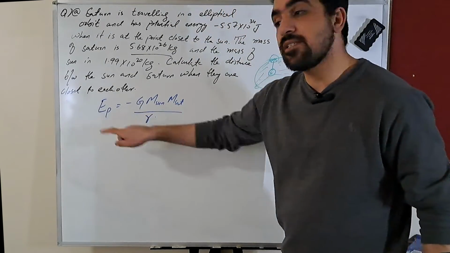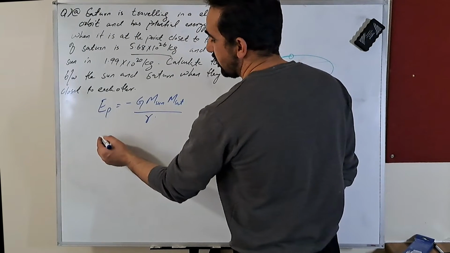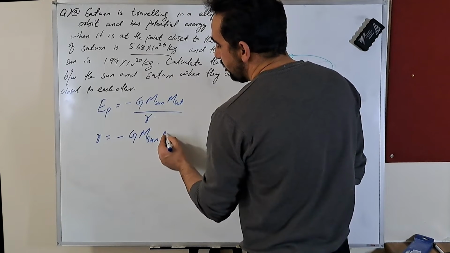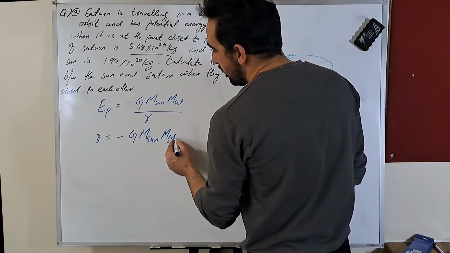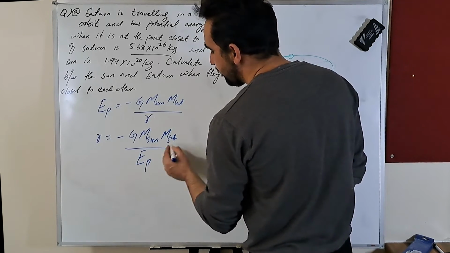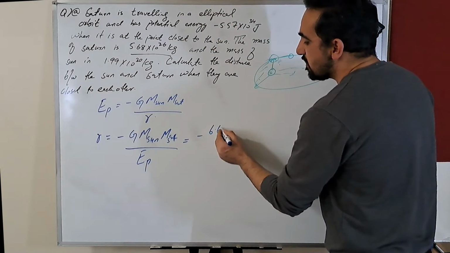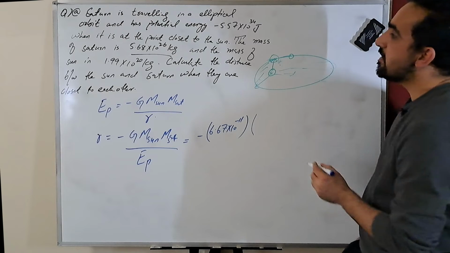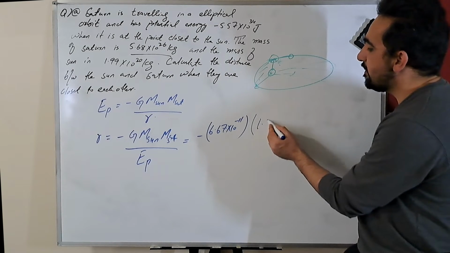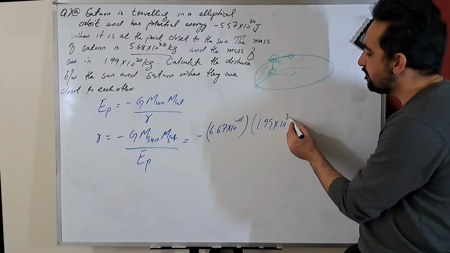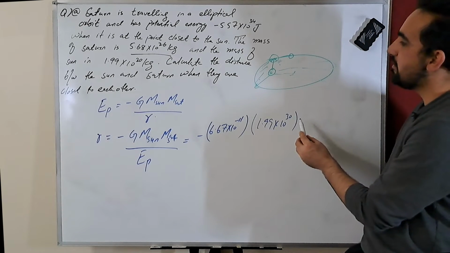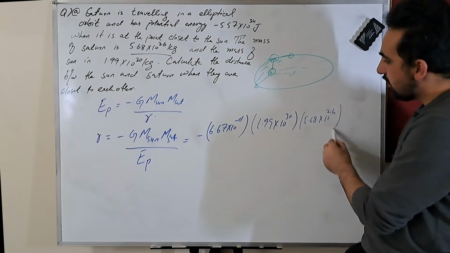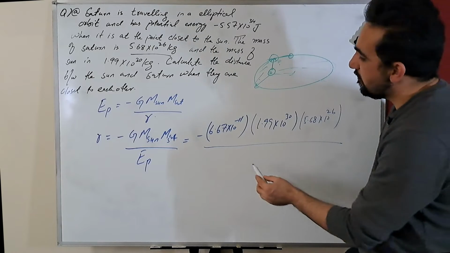We are given the gravitational potential energy. So R becomes minus G mass of sun, mass of Saturn, divided by EP. So minus 6.67 times 10 to the power minus 11. Mass of sun in this case is 1.99 into 10 to the power 30, and mass of Saturn is 5.68 into 10 to the power 26, divided by potential energy, which is